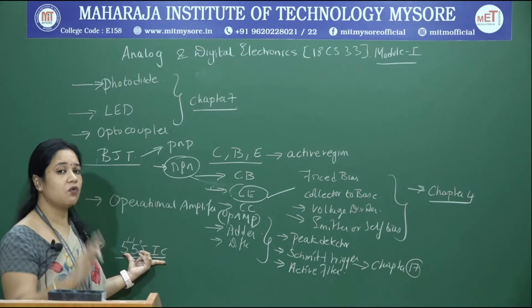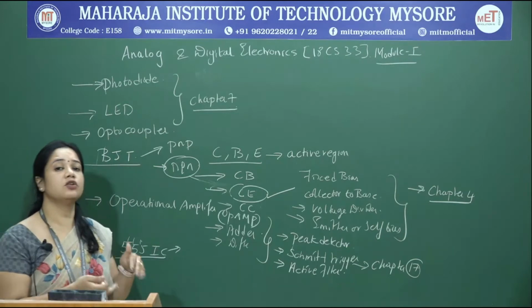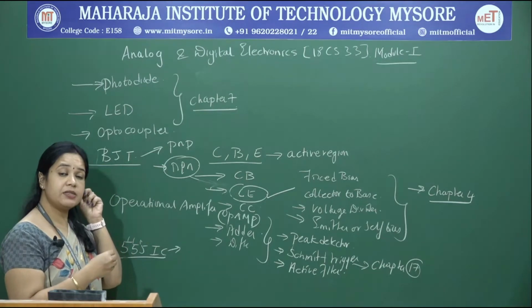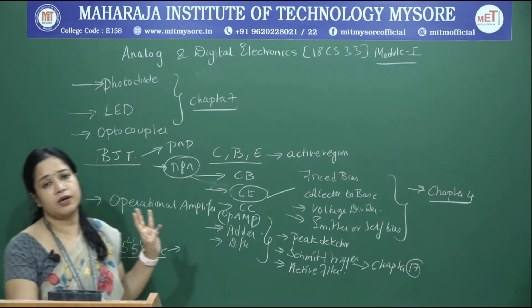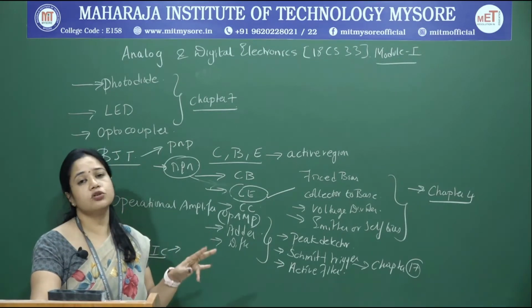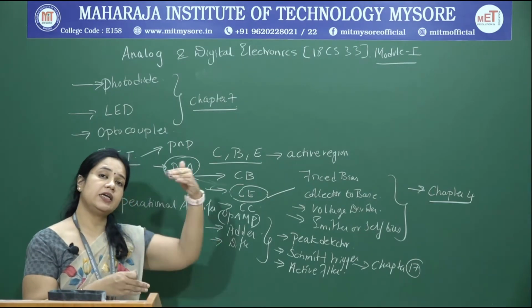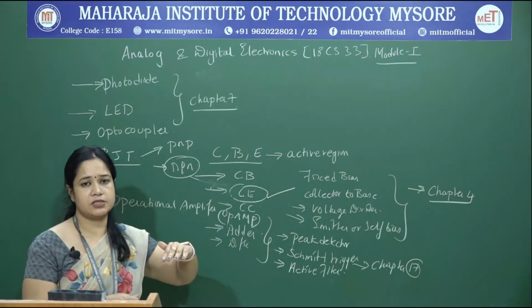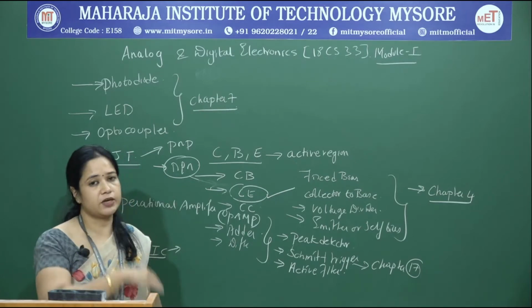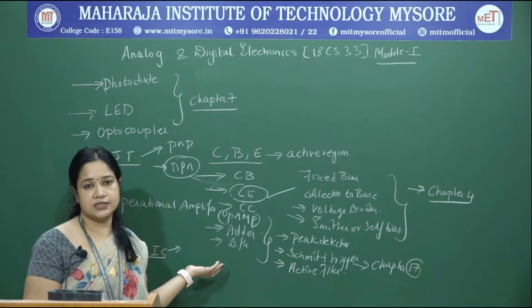So at this point I will just tell what a multivibrator is. A multivibrator is a circuit which is capable of switching between different states. Based on how many stable states we have, there are three types of multivibrators. In an astable multivibrator, as the name indicates, there is no stable state. In a monostable multivibrator, the output has only a single stable state, either high is the stable state or low is the stable state, and when triggered it momentarily goes to another state and gets back to its stable state. And a bistable multivibrator is one wherein both the states are stable states.